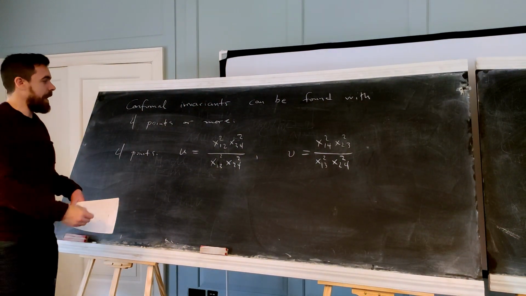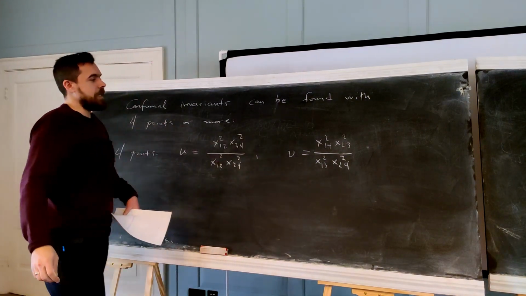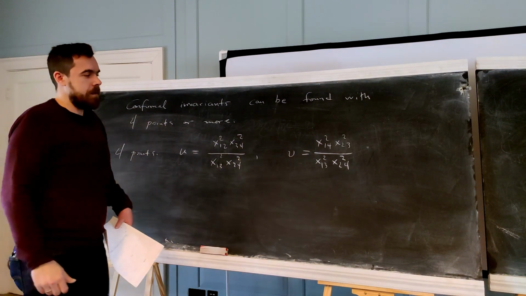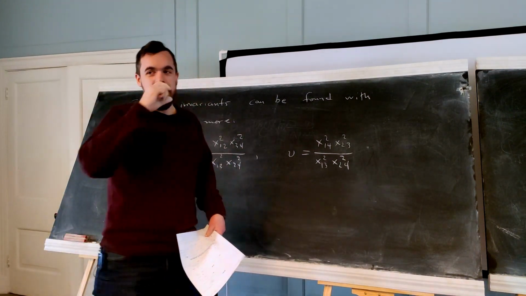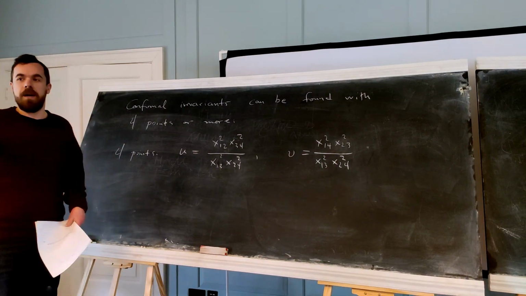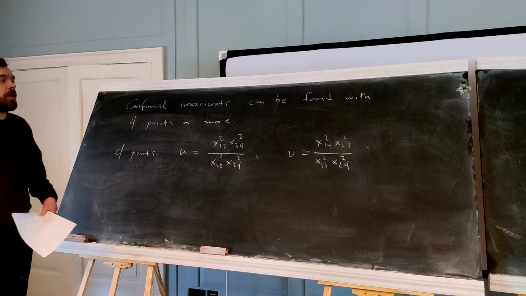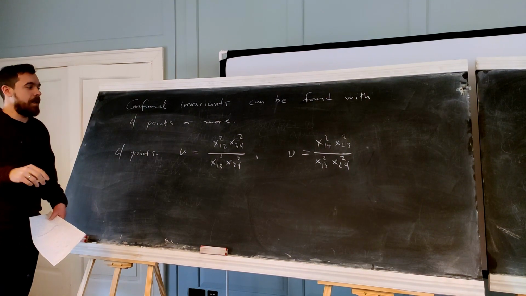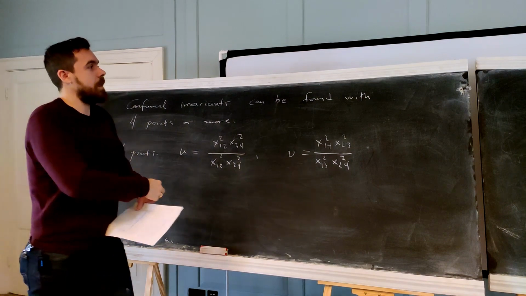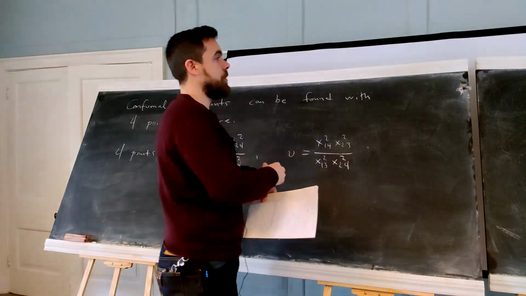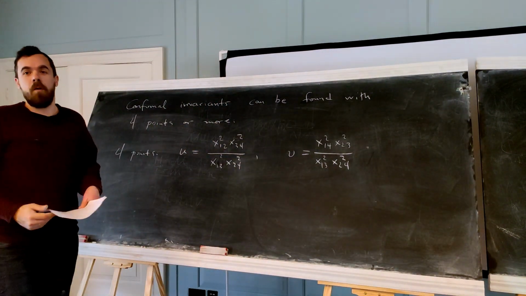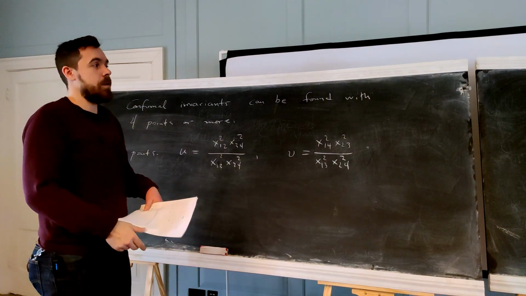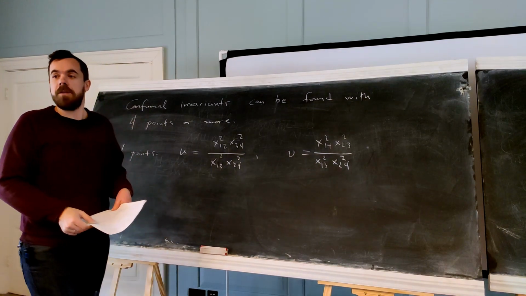So this seeming dependence on these invariants U and V is actually illusory in some sense. For the 4-point function, you can use things like the operator product expansion and things that we'll get to next time to actually determine it in some sense. And we'll see what that means next time. For the rest of today, we will discuss the setup that we need to introduce in order to get to that operator product expansion and other things, which is radial quantization. But we'll do that after the break, I guess.